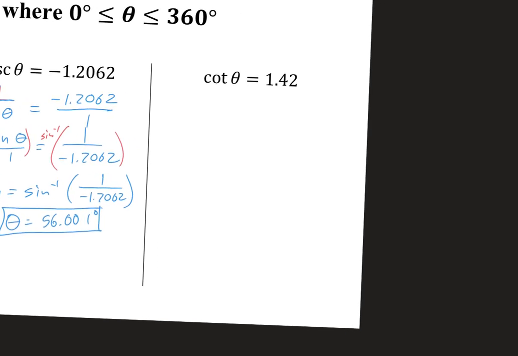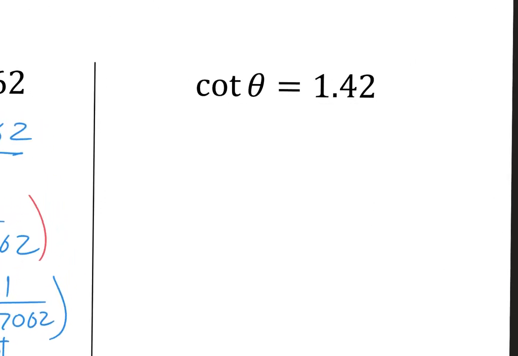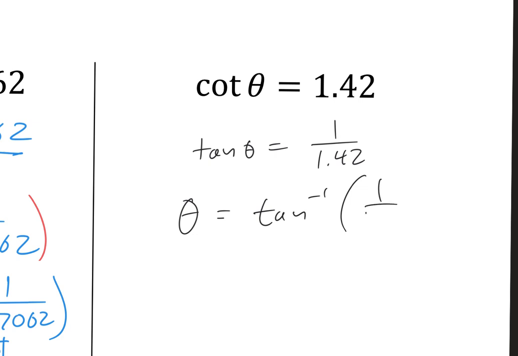All right, now I'm at cotangent. Okay, there's no cotangent button. Again, though, that's okay because it's just a reciprocal. So I could go ahead and say, well, the tangent then of theta would have to be the reciprocal of this. It's just 1 over 1.42. And therefore, theta would have to be the arc tangent, or the inverse tangent of 1 over 1.42. And I'm going to go right to my calculator with that. When I plug that in, I end up with